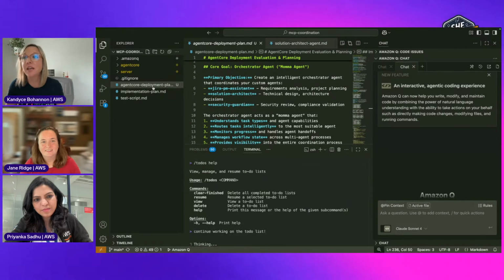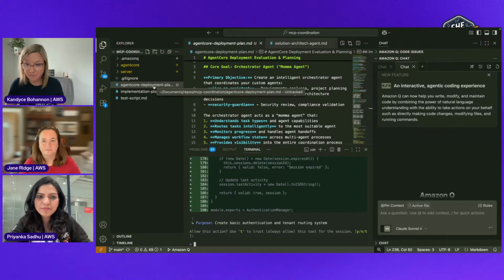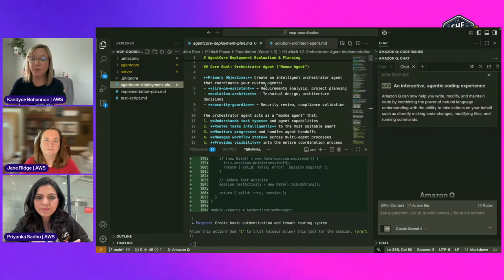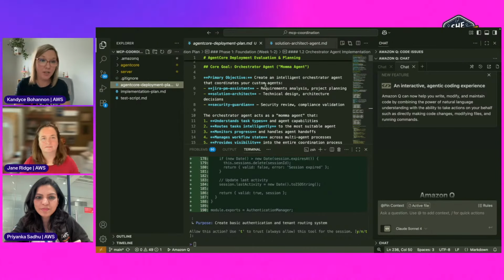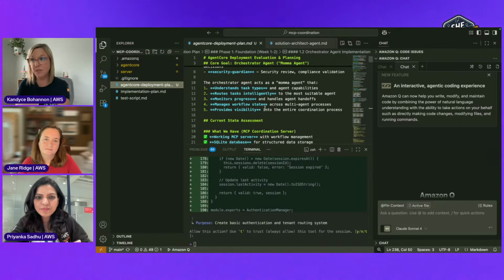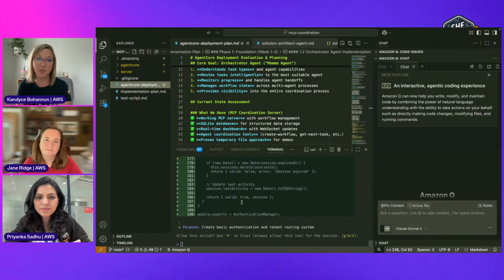I know Jane knows, I love spec-driven development. I definitely lean more that way over vibe coding. And so you'll see that I already had a deployment plan for this agent core. So this is what is pulled up right now. First Q and I were talking about it and coming up with our plan. My deployment plan here is pretty similar to what's also in the to-do list.